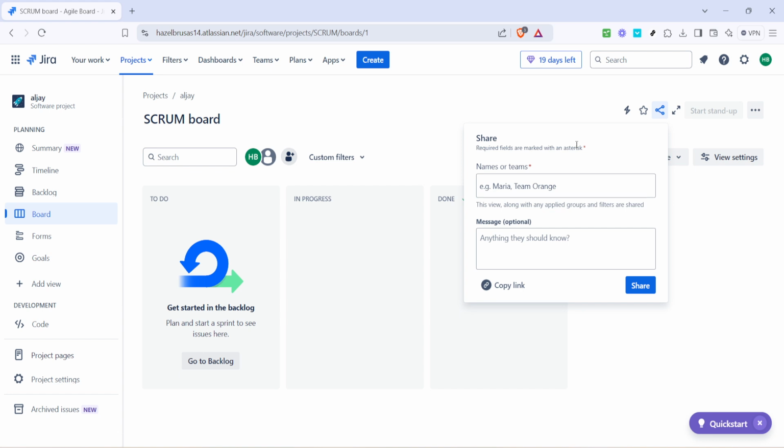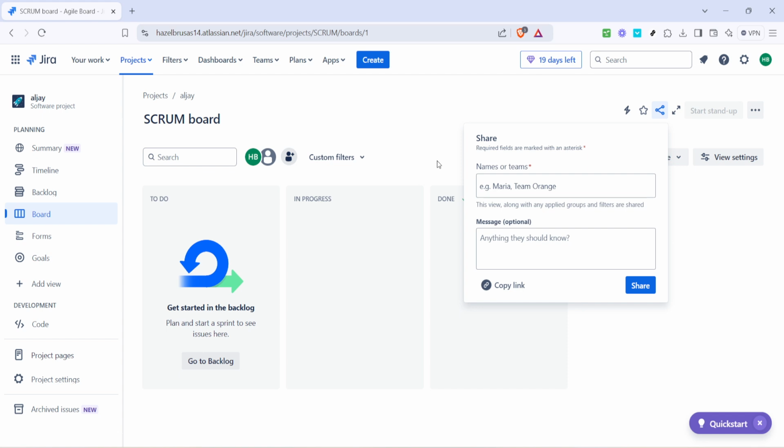Next, you'll see two main options for sharing the link: either copy the link or directly share it. Clicking copy link is great for pasting the URL into an email, chat, or document. This option gives you flexibility in how you'd like to distribute the link. Alternatively, you can choose to share the link directly through Jira's built-in sharing features, which can immediately notify the recipients in their Jira account or associated communication tools. It's particularly useful if you want to keep everything integrated within the Jira ecosystem.